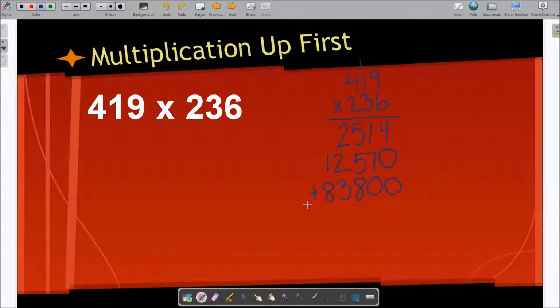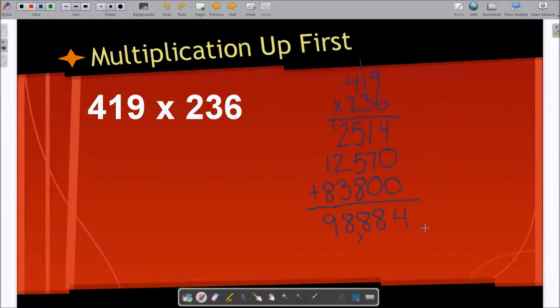Notice I'm keeping everything really nicely lined up because after I do the multiplication, now I have to do the addition. And I have to make sure the correct digits are lined up together when I go to add. So 4 plus 0 is 4. 1 plus 7 plus 0 is 8. 5 plus 5 is 10. Plus 8 is 18, so I have to carry a 1 here. 1 plus 2 is 3. 3 plus 2 is 5. Plus 3 is another 8. And then 1 plus 8 is 9. So my final answer is